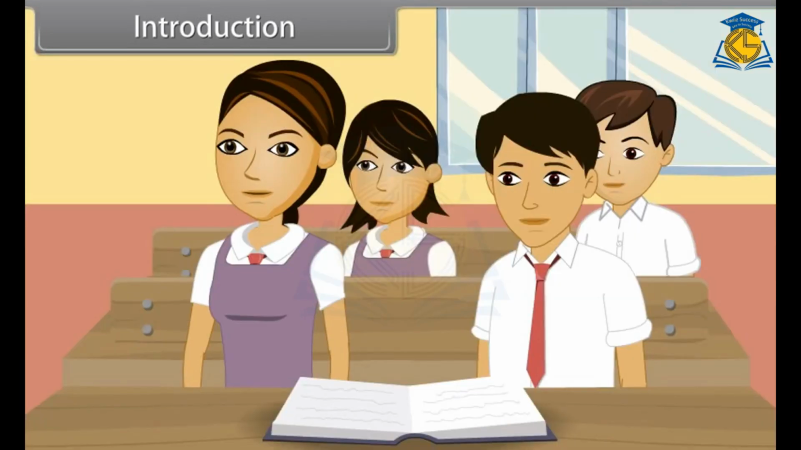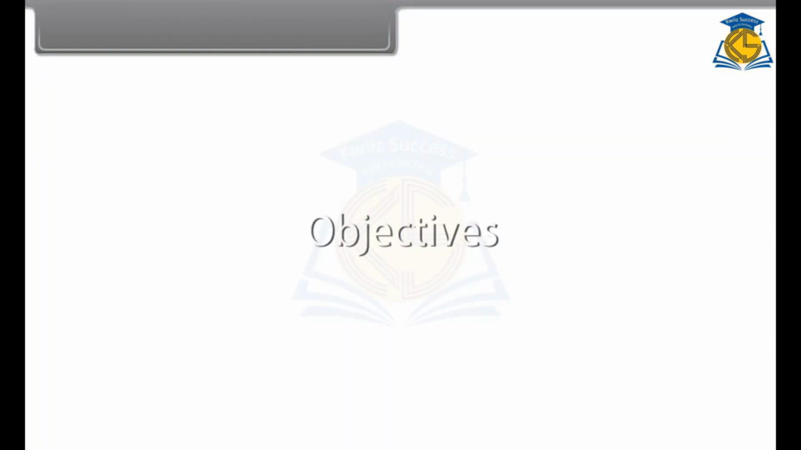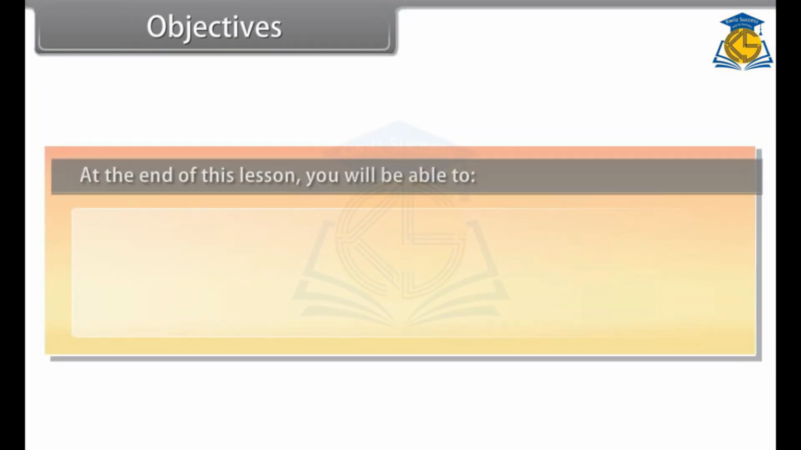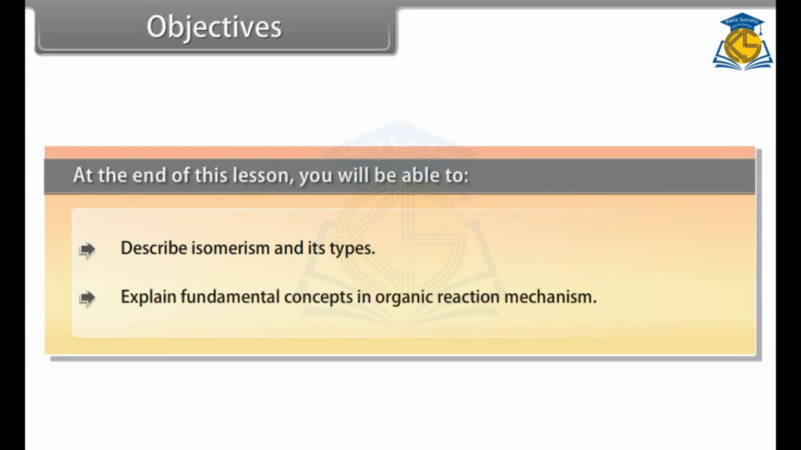Teacher, what is reaction mechanism? Reaction mechanism is a sequence of steps during which chemical reactions occur. In this lesson, you will learn isomers and fundamental concepts in organic reaction mechanisms. Objectives. At the end of this lesson, you will be able to describe isomerism and its types, explain fundamental concepts in